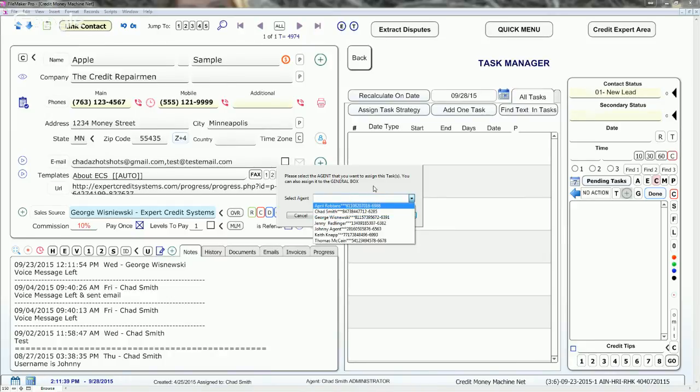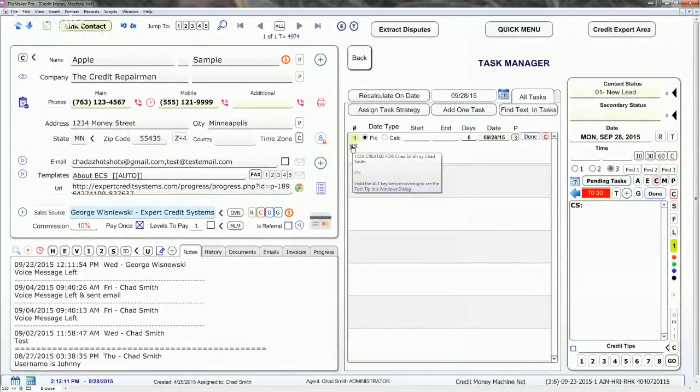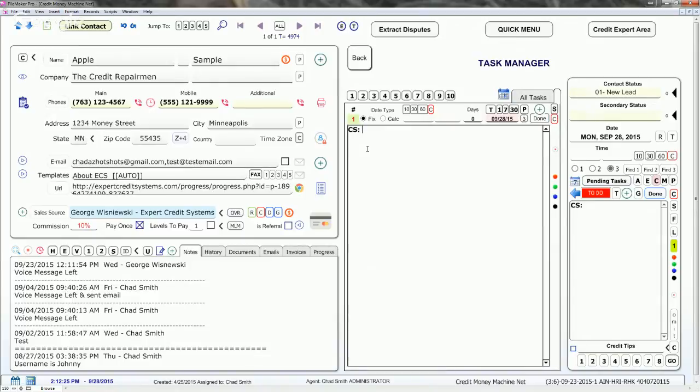So let's do two tasks. Let's do one for me, so self by default. You'll notice my initials here. It says task created for Chad Smith by Chad Smith. All right, great. Now I want to notate, and I can see that here as well. I want to notate what the purpose of this task is, or what the notes on the task are. I can just click in the box. I can click down here, either one. They're kind of parallel. And I can just type here, task for